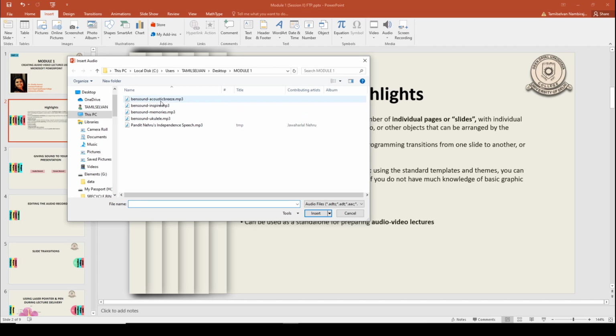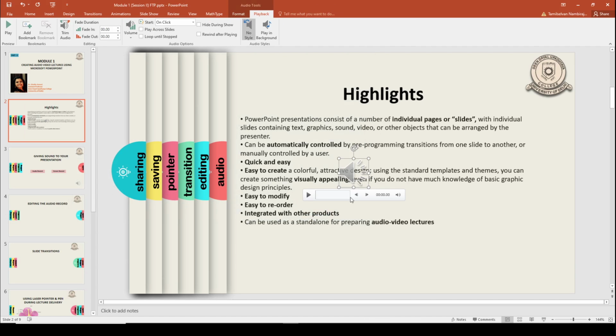So here suppose I want to insert this song. Right. So you click on insert and then again you get an icon and you can press on the play. So now you have inserted a song into your presentation.